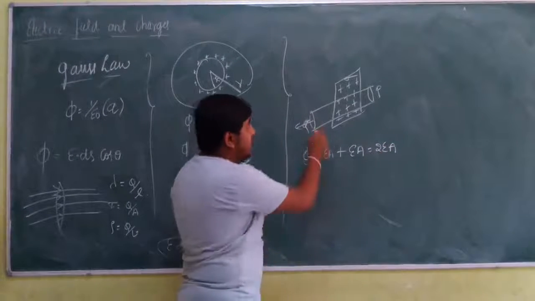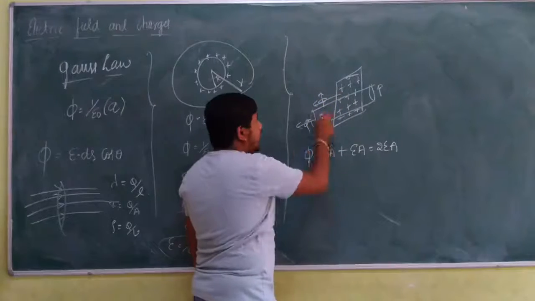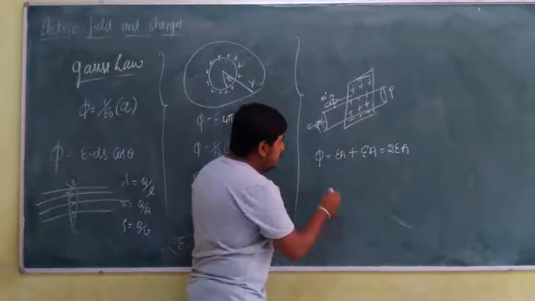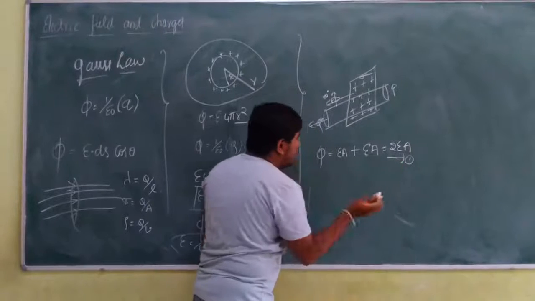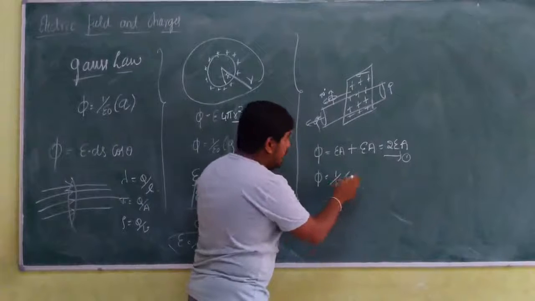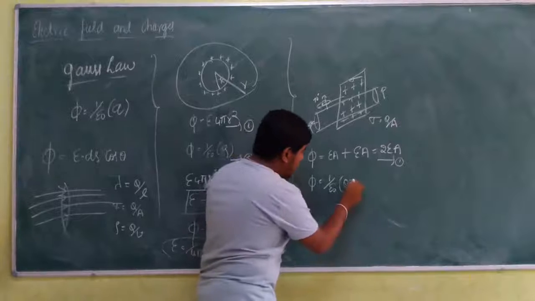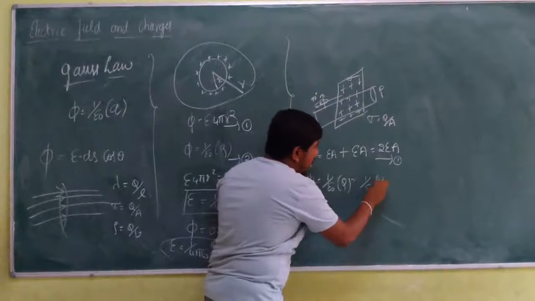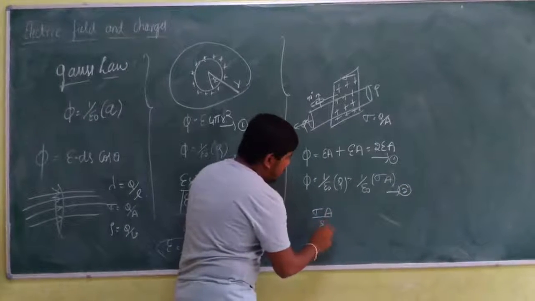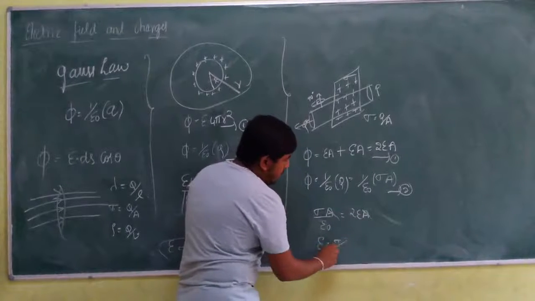We have to find the flux here also. But what happens? The direction of electric field is perpendicular to the direction of area. So the flux will be 0 because the angle is 90 degrees. So total flux is equal to 2EA, and according to Gauss law, flux is equal to 1 by epsilon naught times net charge enclosed. But we know that surface charge density sigma is equal to Q by A. Therefore Q will be equal to sigma into A. What we get is 1 by epsilon naught into sigma A. Both are flux. On equating both, we get sigma into A by epsilon naught is equal to 2EA. A cancels. What we get is E is equal to sigma by 2 epsilon naught.